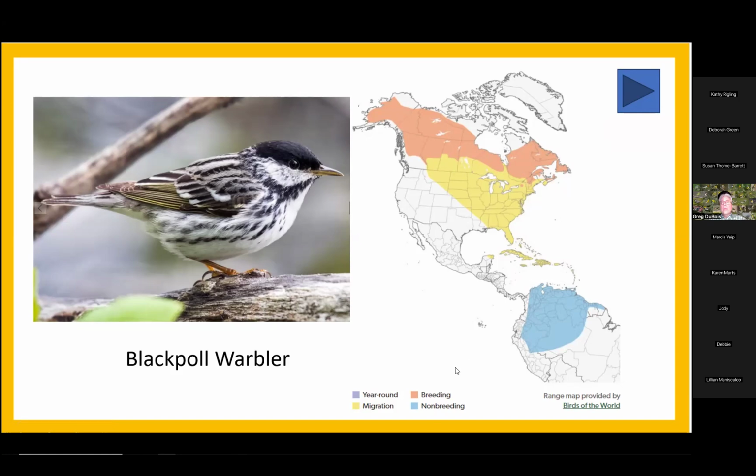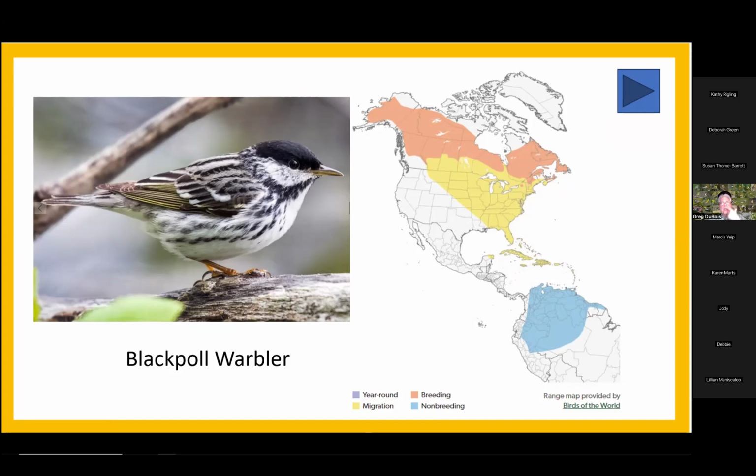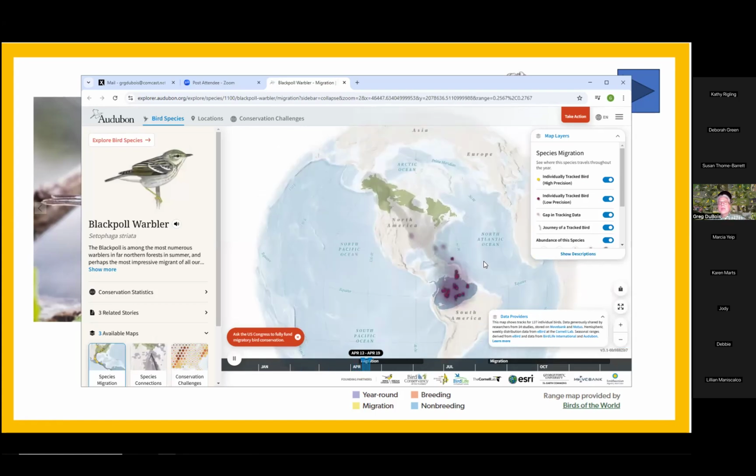I want to show you an animation, but you know what? Even though I practiced this, I did not notice that the animation, oh, wait a minute, I can just do this. Okay. Do you see the migration animation going on? Yes. Okay, good. So this is off the National Audubon website,